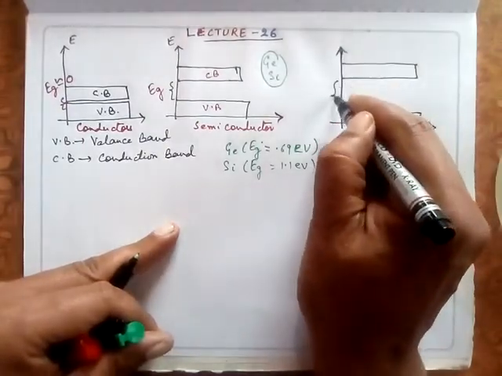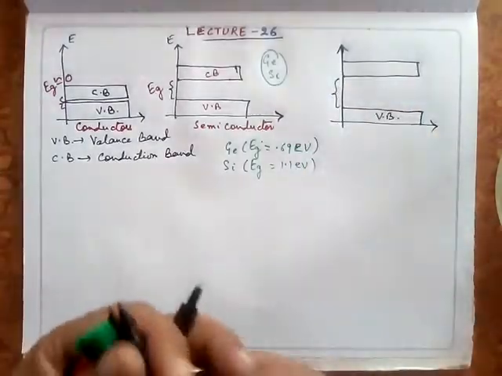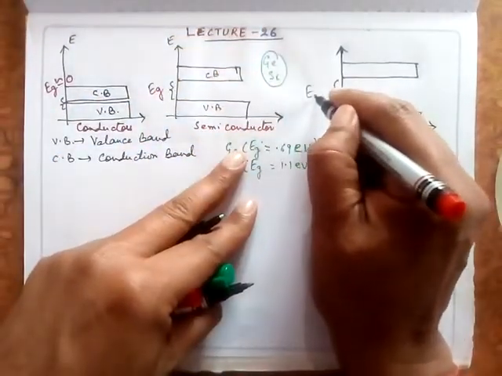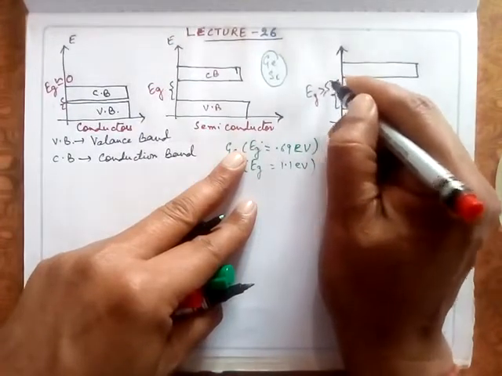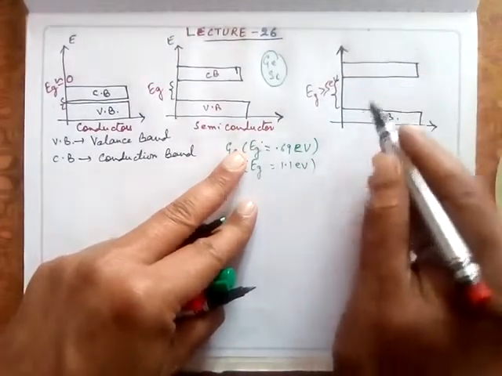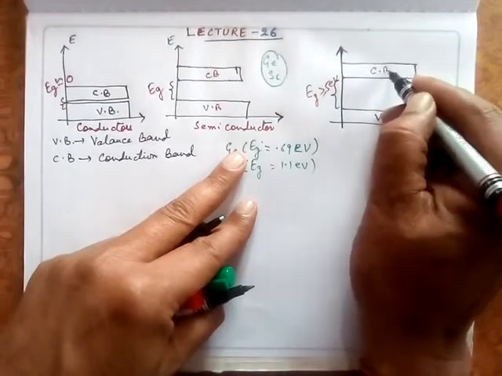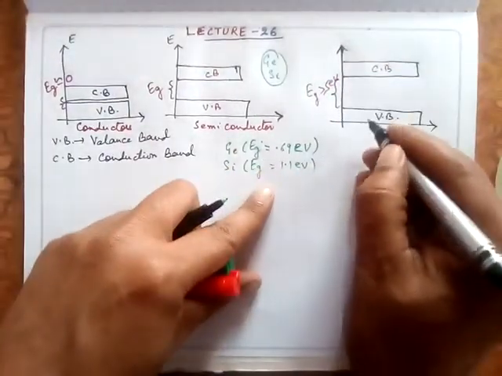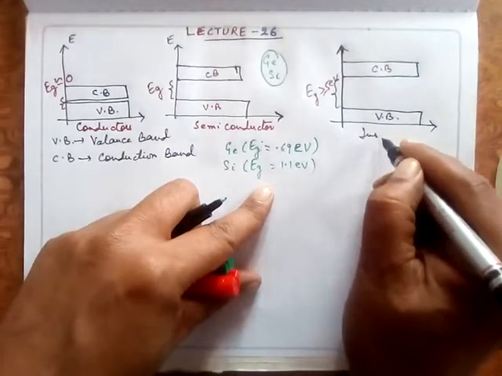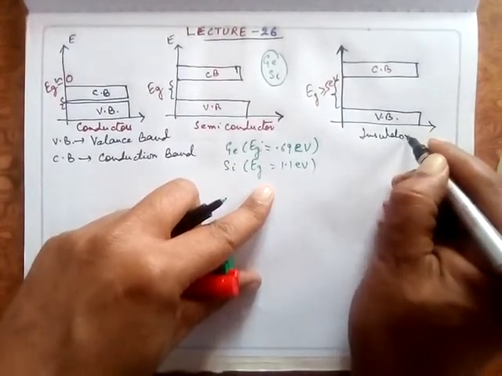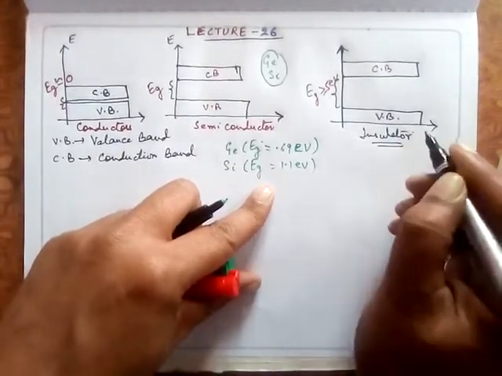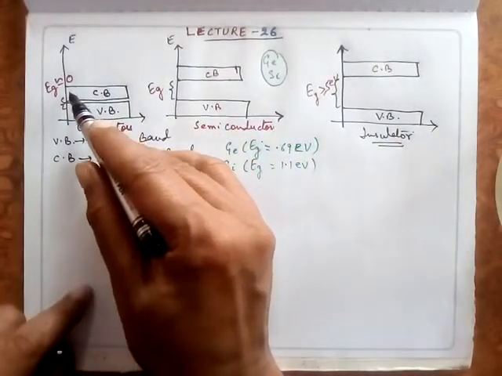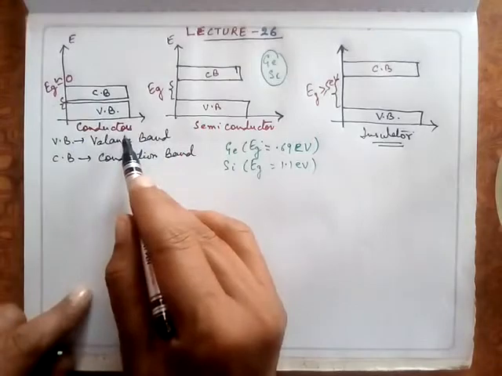This gap Eg is greater than or equal to 5 electron volt. Such a large energy band gap is there, and these are called insulators. So the forbidden band gap is minimum in case of conductors,